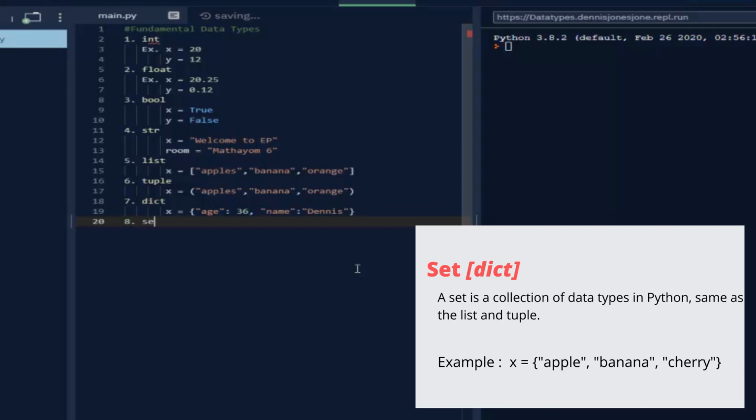And lastly, number 8, we call a set. A set is a collection of data types in Python also, same as the list and tuple. However, it is not an ordered collection, while the list and tuple are ordered collections. So we're going to use the example as x is equals to apples, banana, and orange. And the set uses curly brackets. So that's the difference. For the list and tuple, they use square brackets and parentheses, while in set, we use the curly